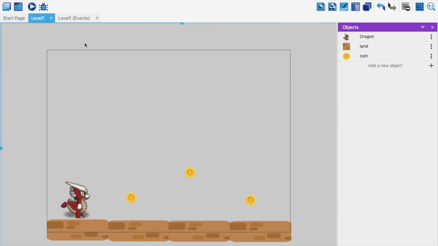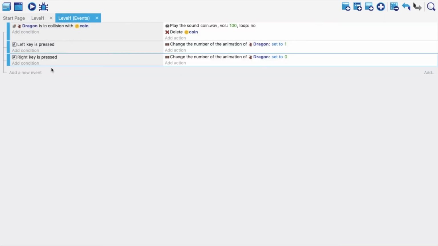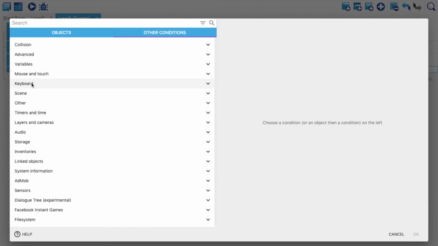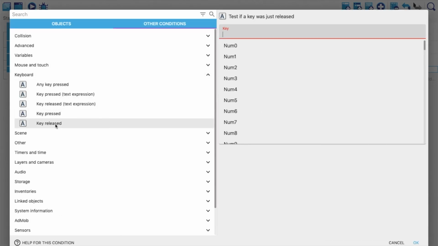Now I will go back to my events, and what I need to do is, when the left key is pressed, he is obviously looking in the left direction. So in the same condition, in fact after this, I can add one more condition, and this time the condition is when the left key is released, obviously, right?